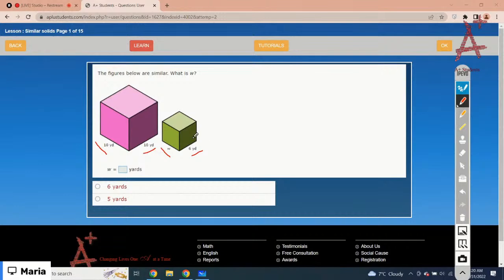Also, they are squares. So squares have all four sides equal in length. So the correct option is 6 yards. But you can find the missing value by